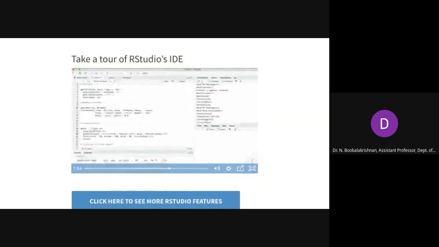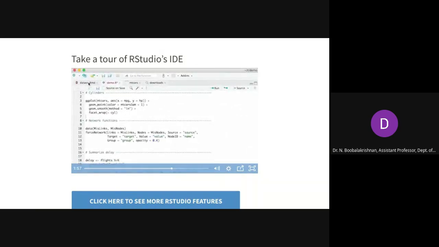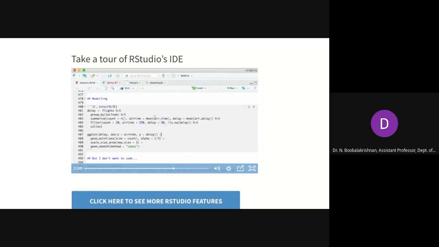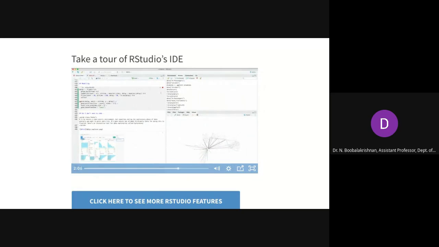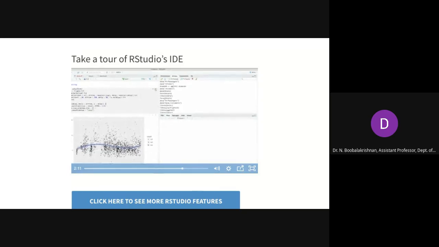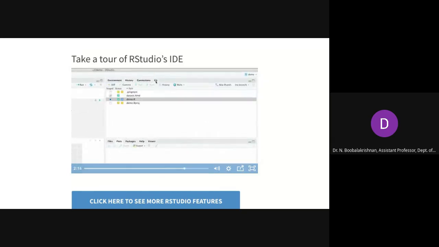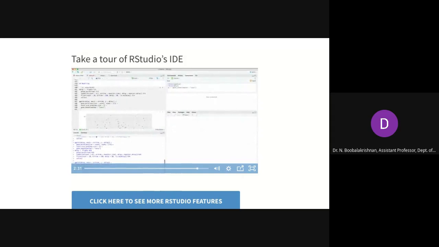RStudio also includes a convenient notebook interface, which allows you to combine your prose, R scripts, and output in a literate programming environment. If you use a version management system like Git, RStudio will show you the status of all of your files here and make it easy to sync with your collaborators. This area allows you to connect to databases, including relational databases like SQL and distributed tools like Spark. Finally, for advanced users, RStudio includes a terminal tab, which can be used to run shell commands directly in R.